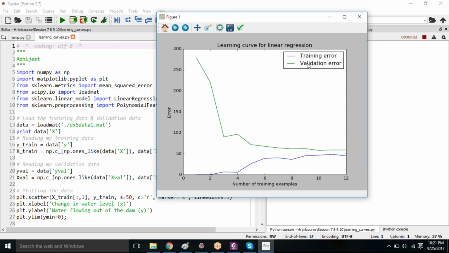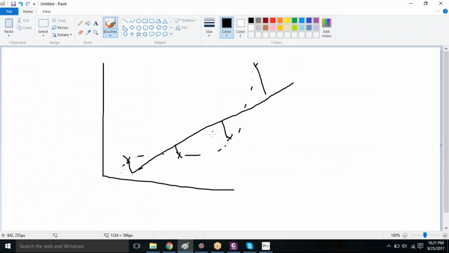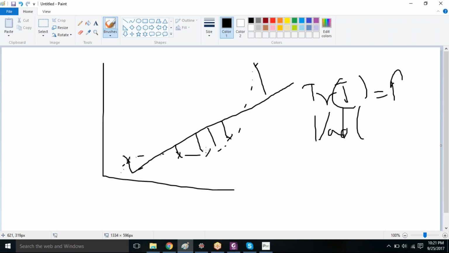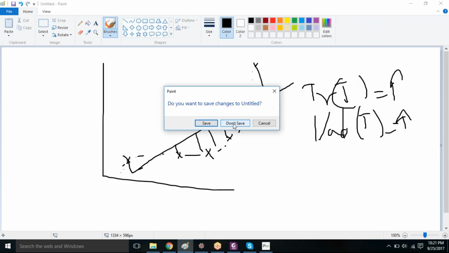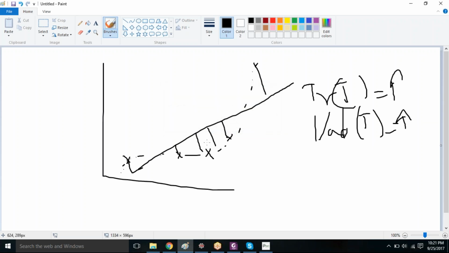In this scenario, on the training data the cost function is high, and for the validation data the cost function is also high, because both are linear. Both the validation data set and this are coming from the same pattern, and the line which is fitting is linear, just a line. So the difference between them is high. It is not able to actually fit it properly. If this could be a line